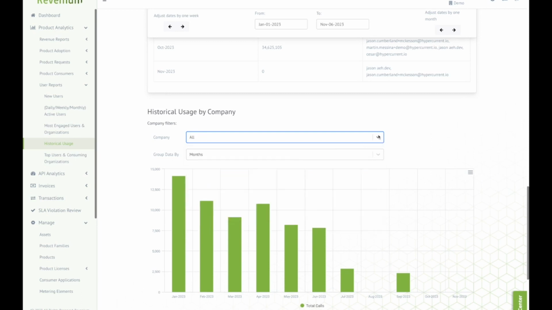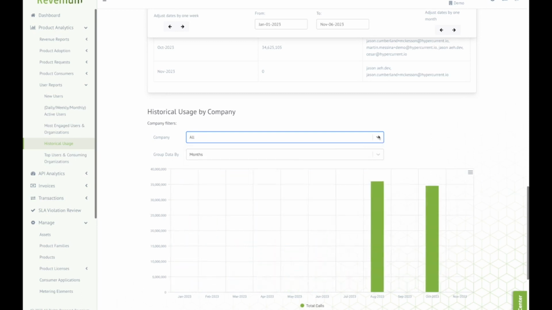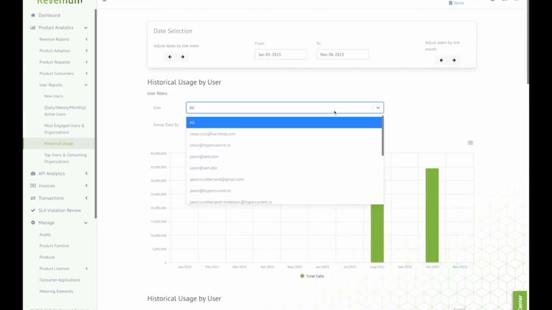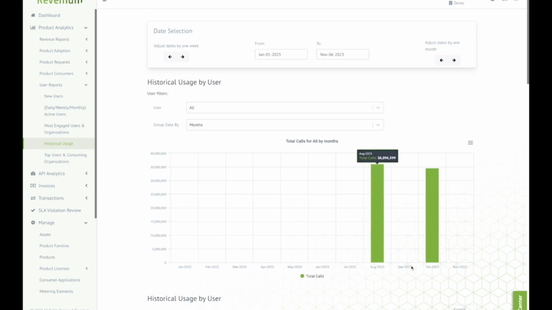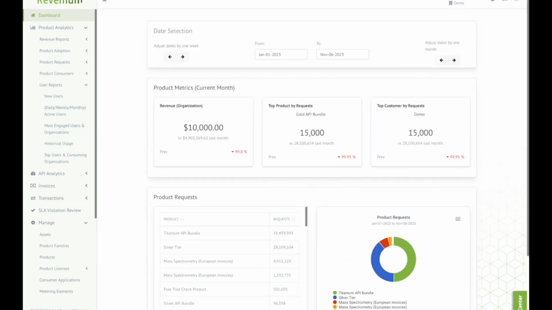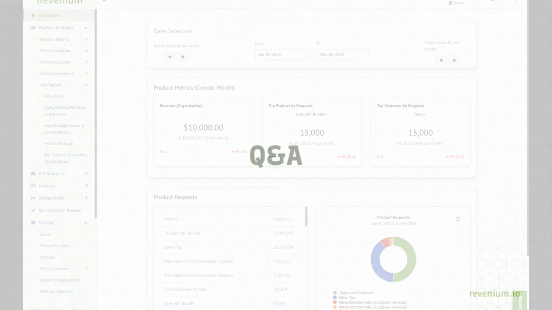And then lastly, often used by customer success teams, we can drill into specific usage by individual customers or by all customers and see how that's trending over time. That's what we see here in this graph, and that was all companies. We can also go down into individual user levels and see the same type of data. So that's a quick run through of the type of analytics that would be available to you in terms of best practice when running a digital product portfolio. We hope that it was helpful.